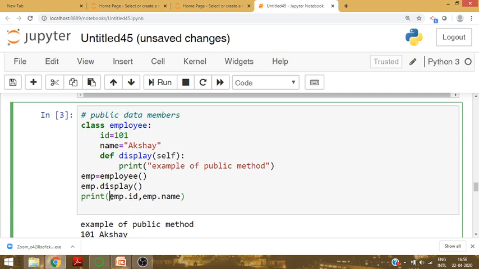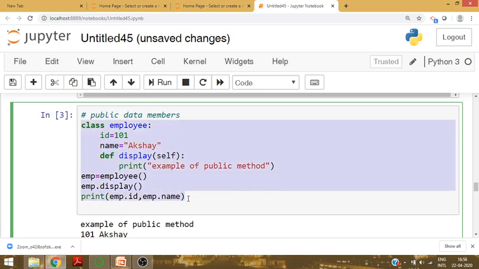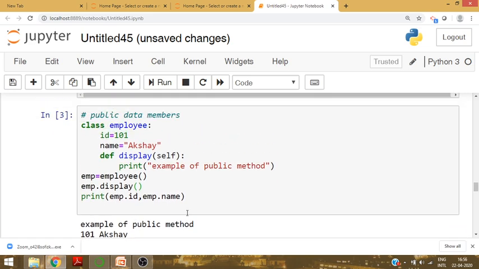It will print both the id and name. Why? Because they are public data members. Only id, only name, only display is written. Nowhere is underscore displayed. Okay, suppose we can have any example. Just let it be.